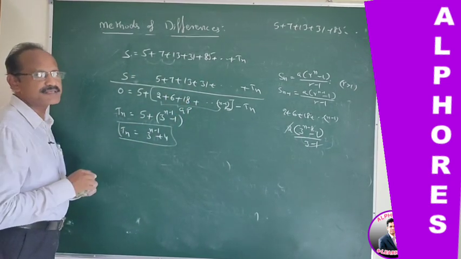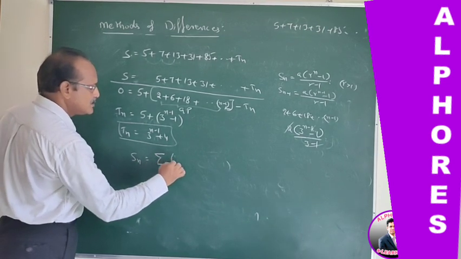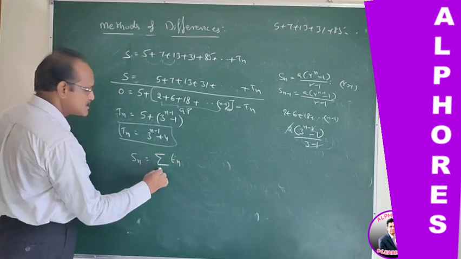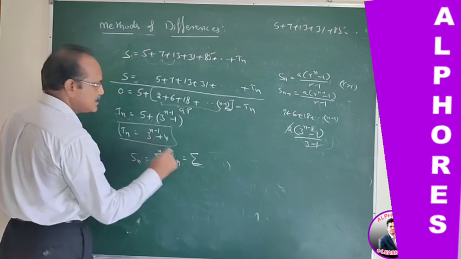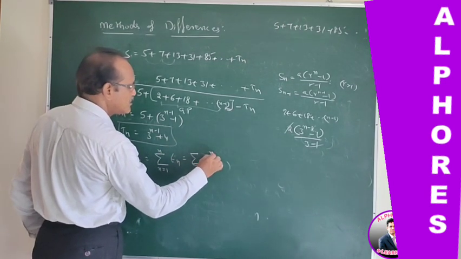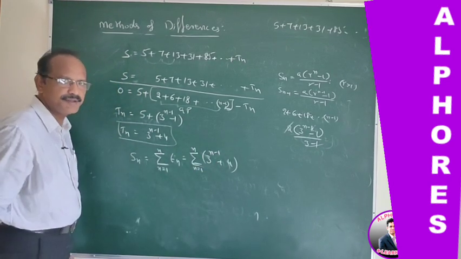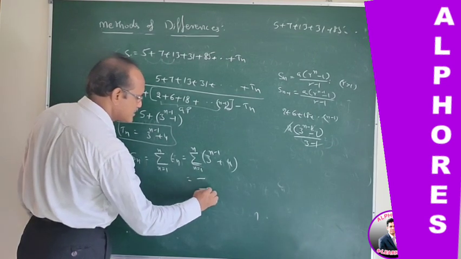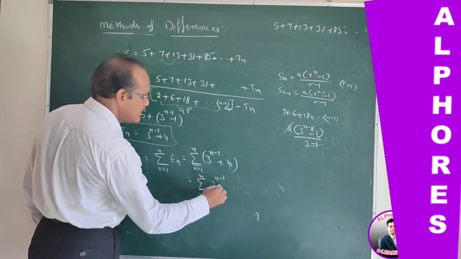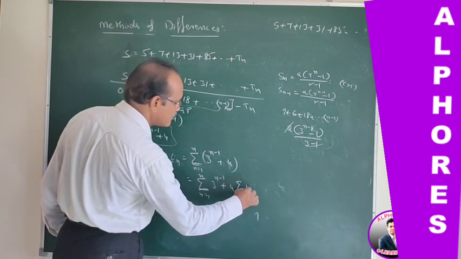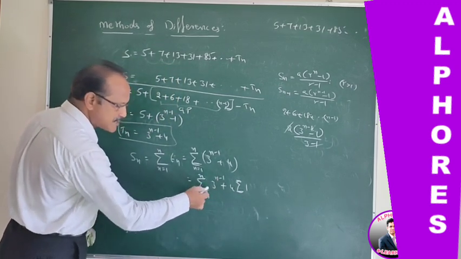Now coming to find the sum to n terms. Summation is nothing but the sum of the n terms. So that is sigma for n is equal to 1 to n of 3 power n minus 1 plus 4, the nth term. Expand this or apply the sigma to each term: sigma of 3 power n minus 1, n from 1 to n, plus 4 into sigma of 1.